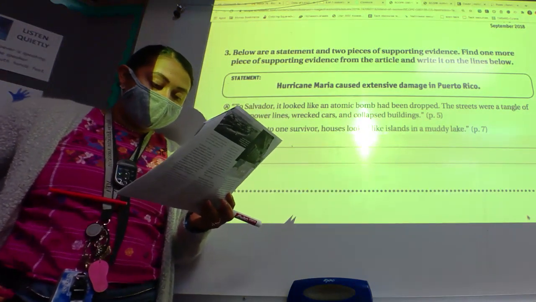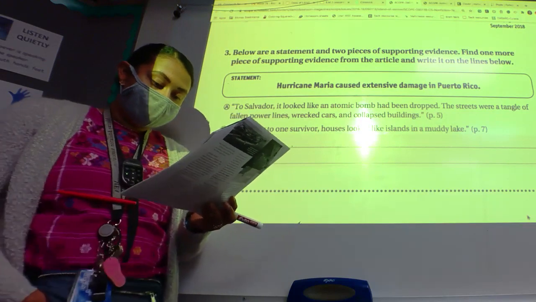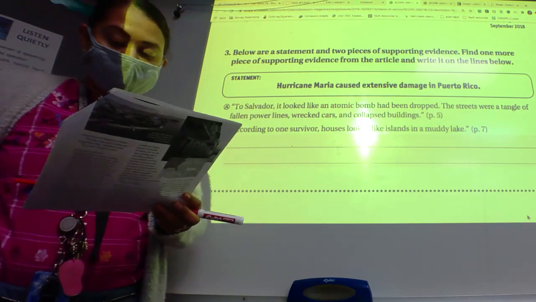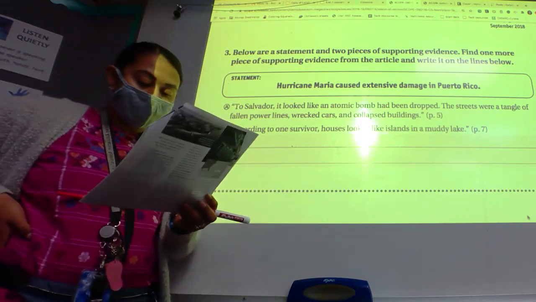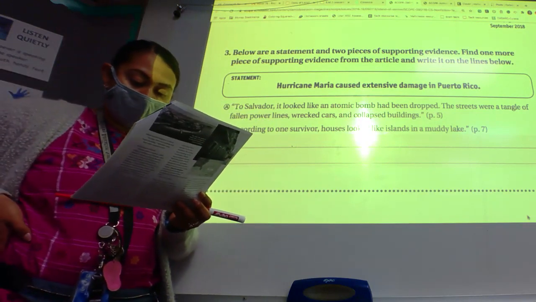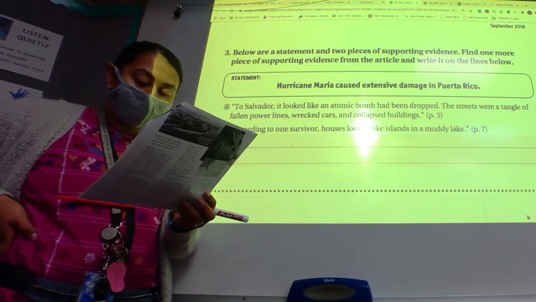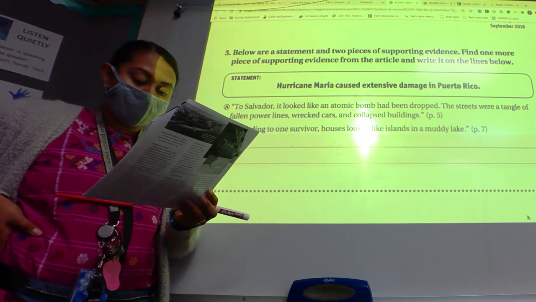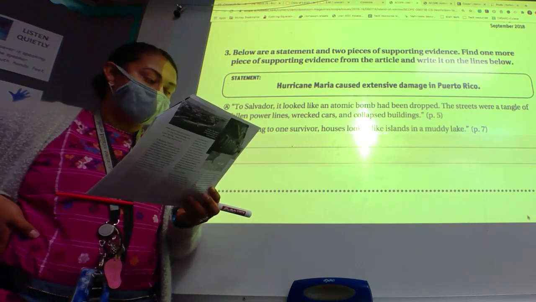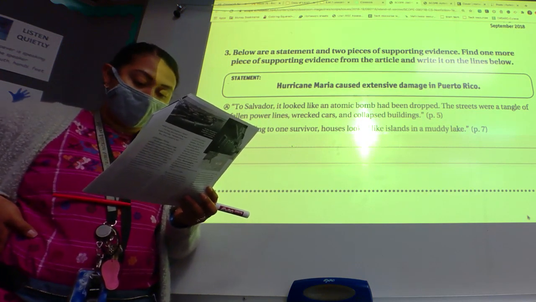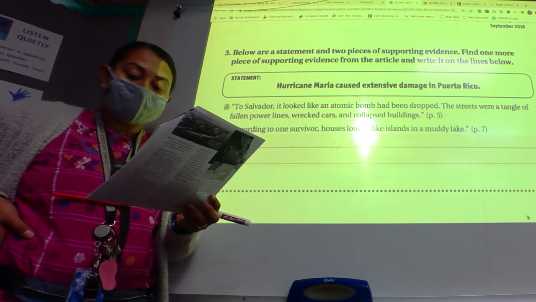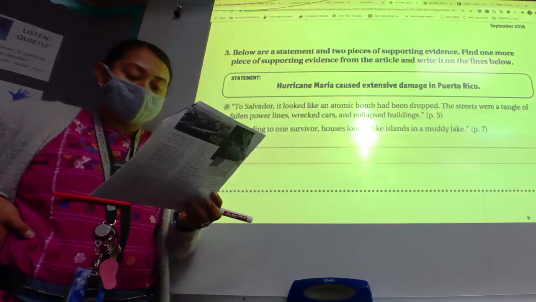But now that life was gone, the day before September 20th, 2017, Hurricane Maria had hit the island. To Salvador, it looked like an atomic bomb had been dropped. The streets were filled with fallen power lines, wrecked cars, and collapsed buildings. Homes were flooded with dirty water. Trees had been snapped in half or ripped from the ground. Puerto Rico was in ruins. There was no electricity,